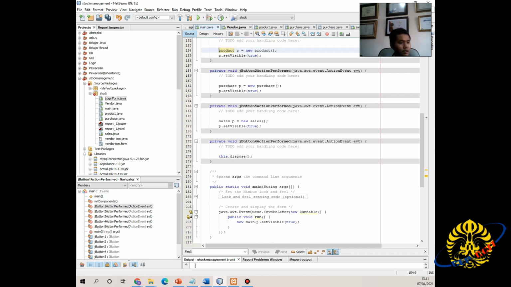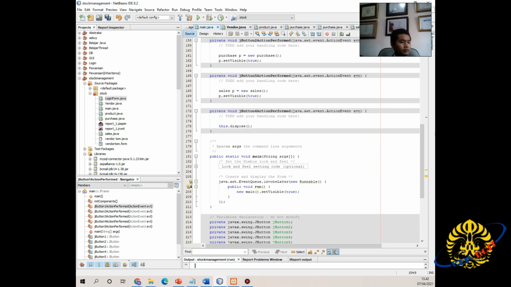Third, create a new object called p, where when the button is clicked, it will go to the purchase menu. Fourth, create a new object called p, where when the button is clicked, it will go to the sales menu. JButton4 works if you want to exit.